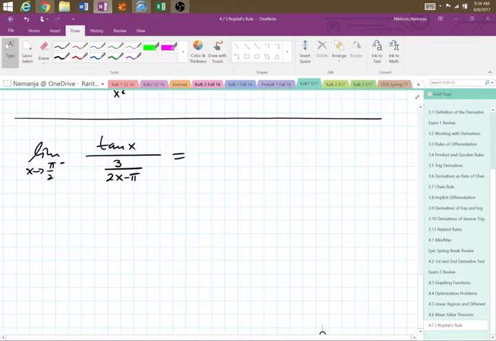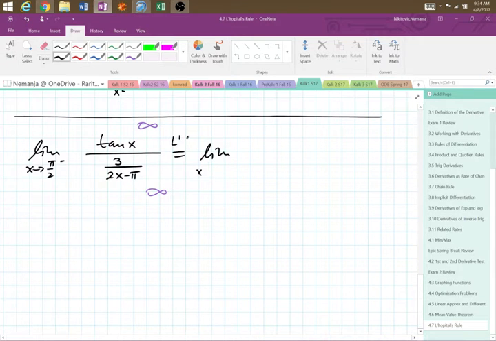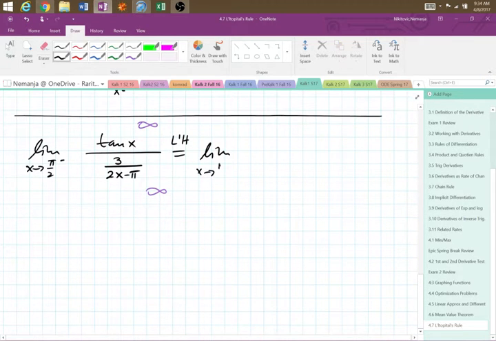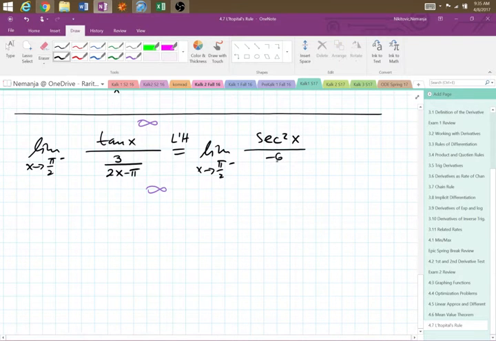So we have infinity over infinity. So we are going to take derivatives. As x goes to pi over 2 from the left, we get secant squared x divided by negative 6 over 2x minus pi squared,